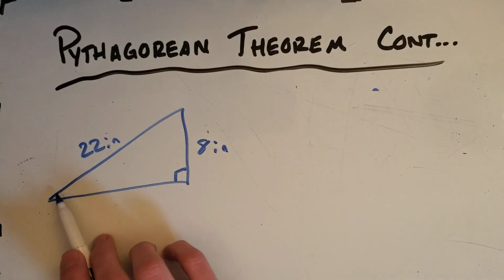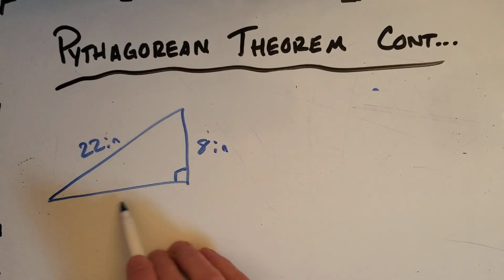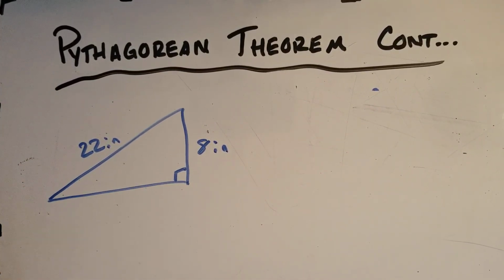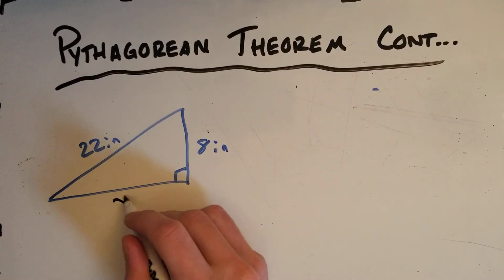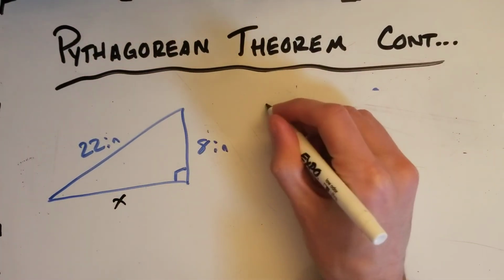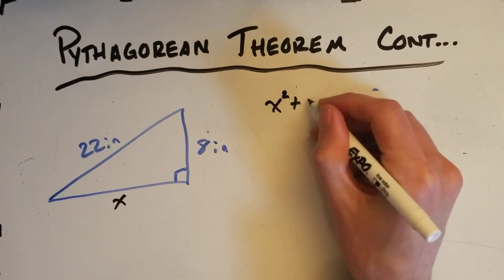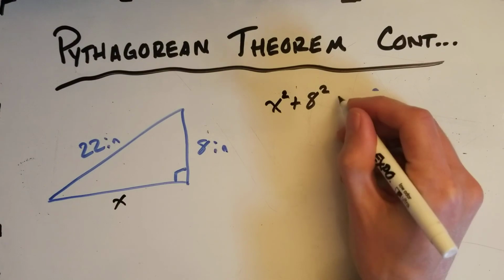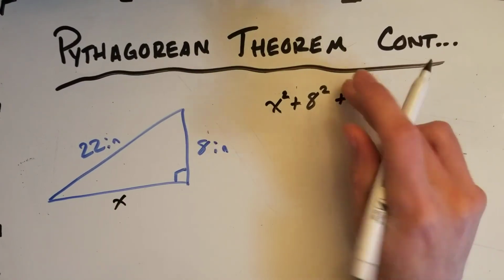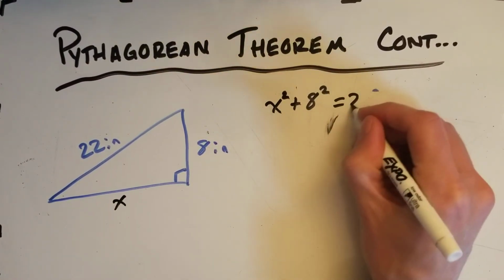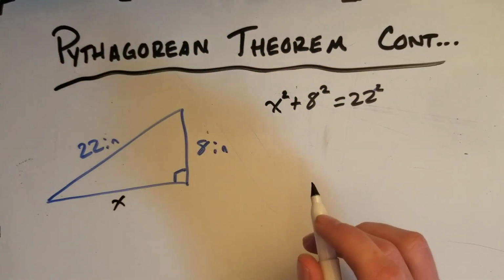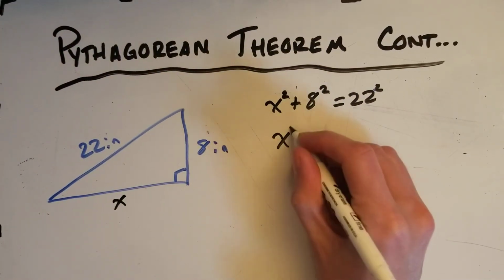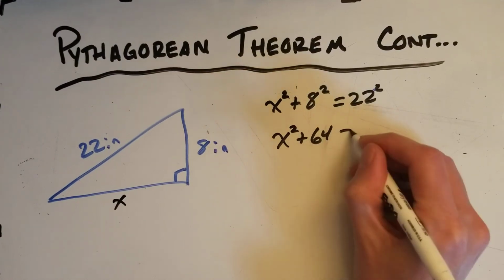So we have 22 inches, 8 inches, and we don't have this side. So when you look at the triangle, we should notice we're given the hypotenuse and a leg. We don't know the other leg, we'll call it x for now. But we're given one of the legs, so 8 squared plus x squared should be equal to 22 squared. And when you do a little bit of evaluating here, you should get x squared plus 64 is equal